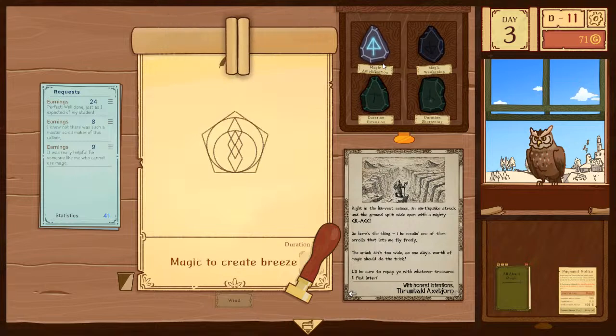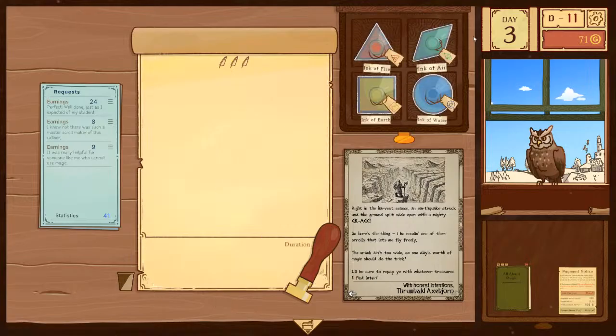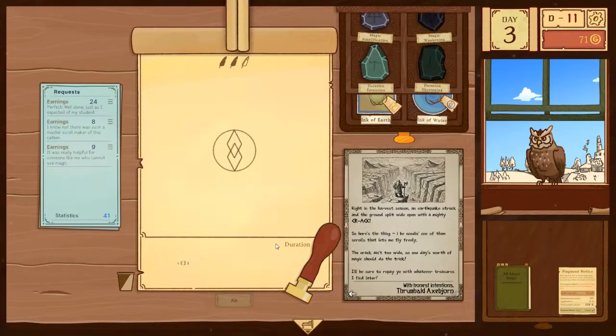Wind attribute. Create more wind. Create a storm. Too much air. Let's run back. Oh, too far right this time. Looks awful. Good enough.